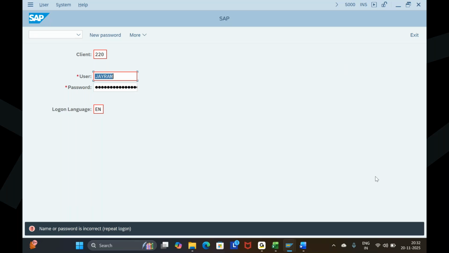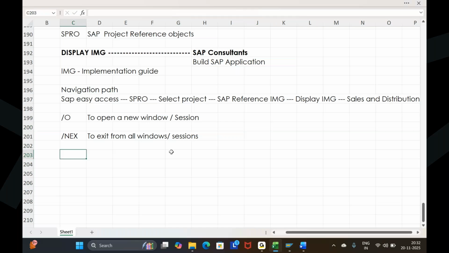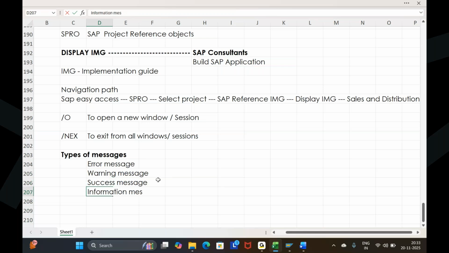Now, here, when you're trying to work on the system, you're going to be finding different types of messages to work. You're going to be having different types of messages. One, we are going to be calling it as error message. Second, warning message. Third, success message. And fourth, we are going to be calling it as information message. These are the 4 different messages we have in SAP: